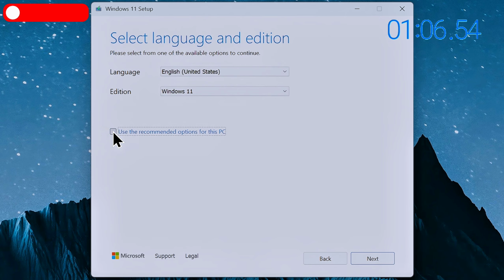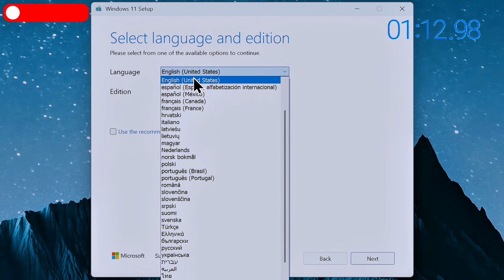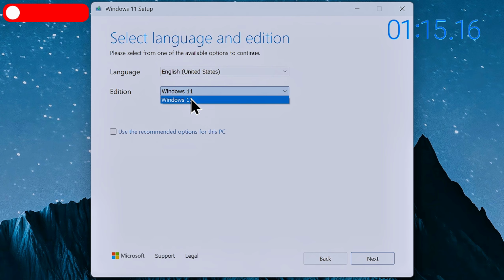Now, uncheck the option Use the recommended options for this PC. That will let us choose the language and edition of your Windows 11. So choose a language for Windows 11. And for the edition, you are limited to a single option. Don't worry, it contains all the editions you want. Just use the appropriate product key and it will automatically activate the particular edition of Windows 11 assigned to that